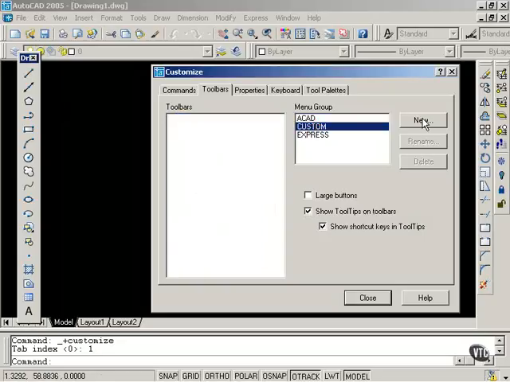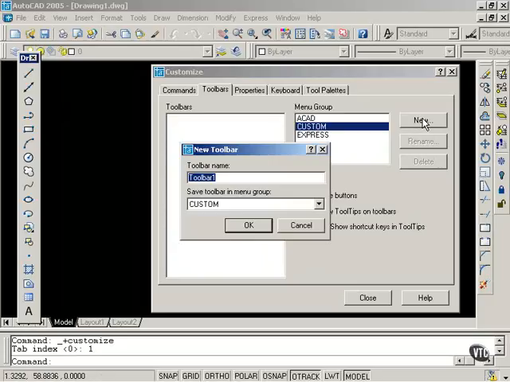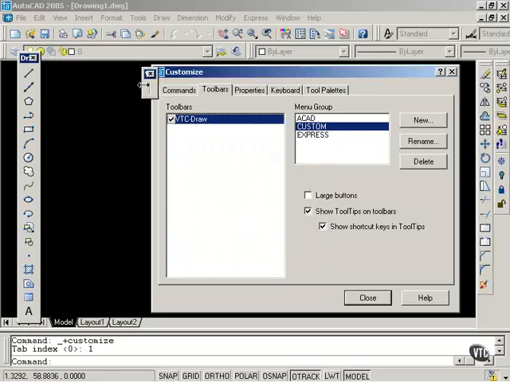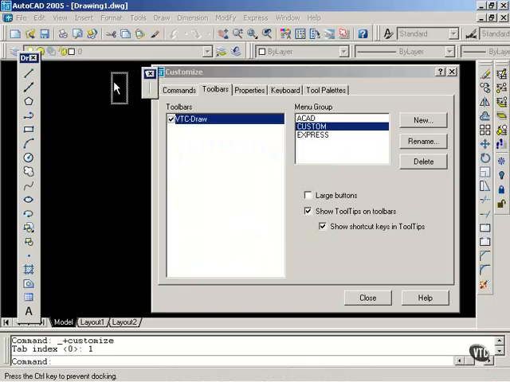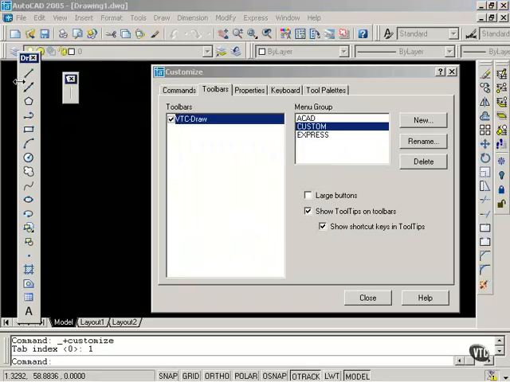I'm going to create a new toolbar similar to the Draw toolbar. I will give it a name. For now I will use VTC Draw, selecting OK. This is my new toolbar. What I'd like to do now is copy the icons from the original Draw toolbar into my new VTC Draw